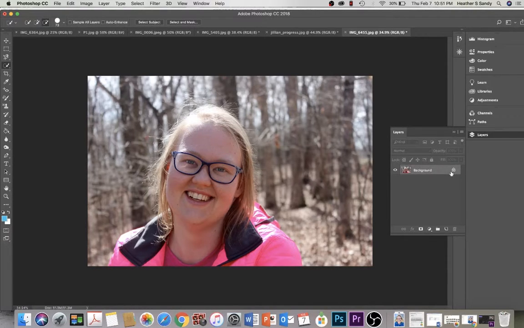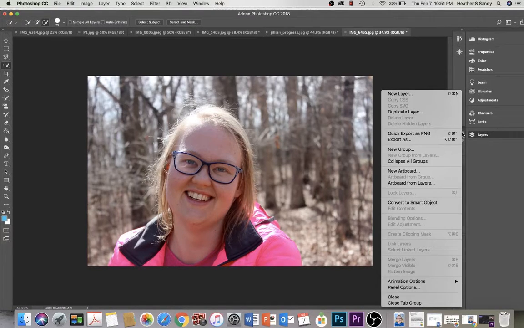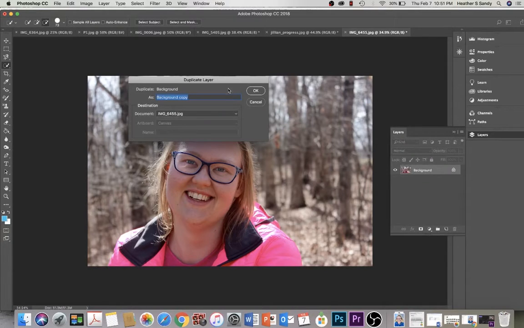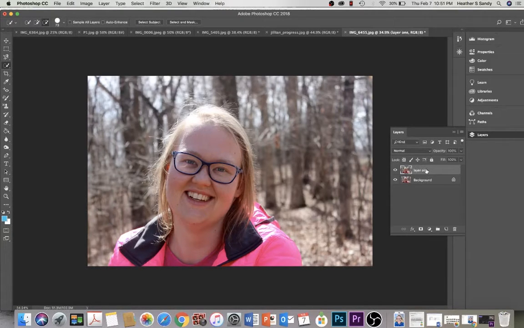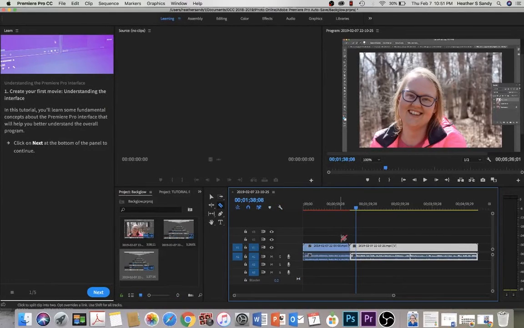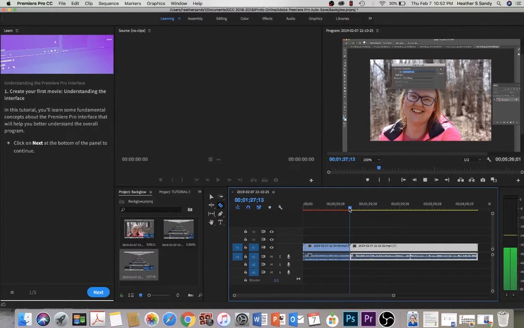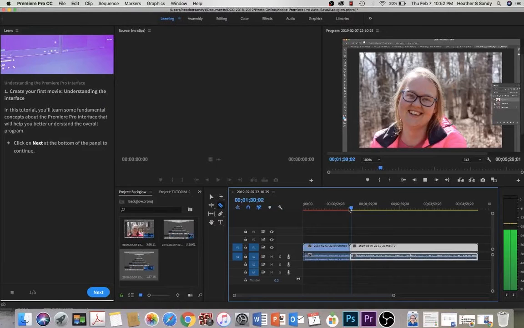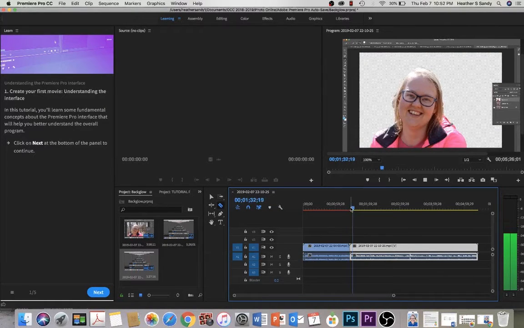So the very first thing I want to do for this project is I want to create a new layer. And I'm going to go under this hamburger bar, hit duplicate layer, and then I'm going to rename it. When I have a project that has maybe 100 layers on it, it's going to be important for me to name it. But right now, doesn't matter too much. So I'll maybe rename it layer 1, hit enter, hit OK. Now I have that layer, like layer 1. And if I remove or hide my two bottom layers,